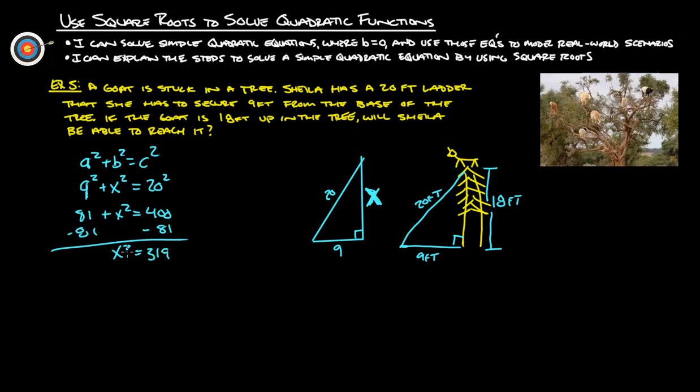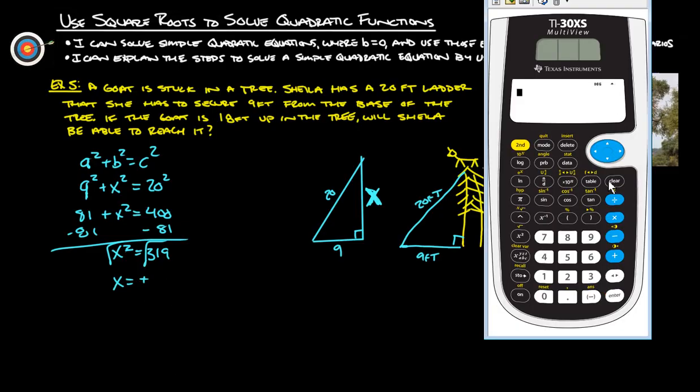319. So then we square root both sides, and we get x equals plus or minus the square root of 319. Now, the negative isn't going to do us any good because we're not going to have a negative height, so we don't actually have to put the negative in there. So let's leave that, and then we will do the square root of 319. Oddly enough, our calculator is going to leave it as the square root of 319. What you want to do is hit this little double arrow button up here, and it'll turn into a decimal, 17.86. So x is going to equal 17.86 feet